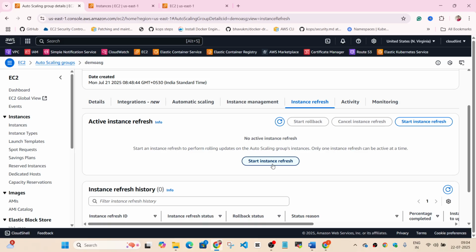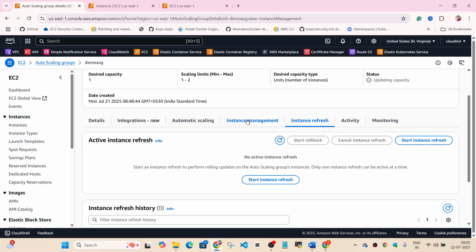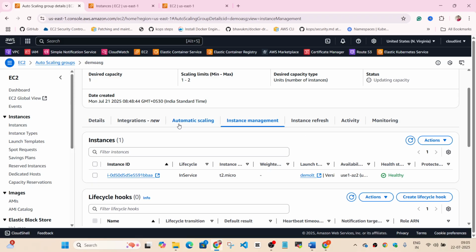Understood now? Yes, okay. If any doubts, please let me know. I can repeat or I can explain in another way. Okay, I'll show you actually what I'm saying right now.